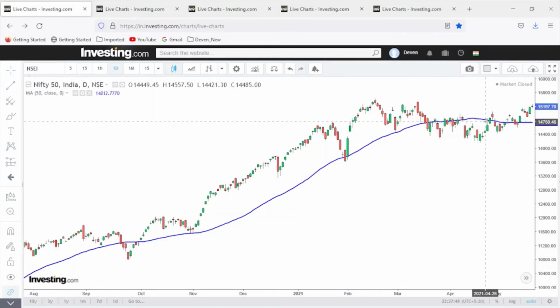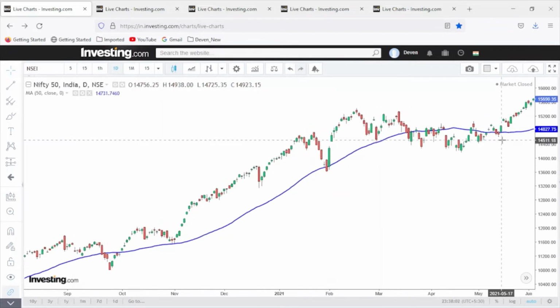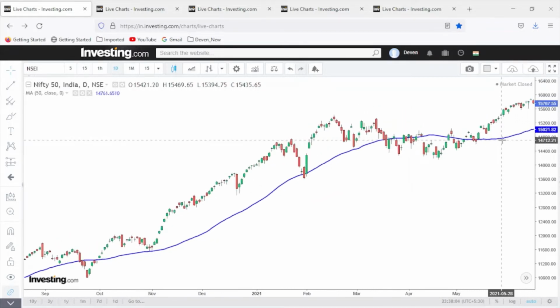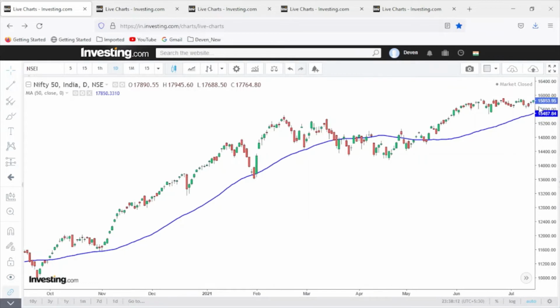So this is the point where we avoid trading using EMA. When the EMA is flat, you better not trade using EMA. You use some other tools, but not EMA. Now what happens after this? You can see there is a rise in slope, and so the price is rising. So now this again could be an entry point.